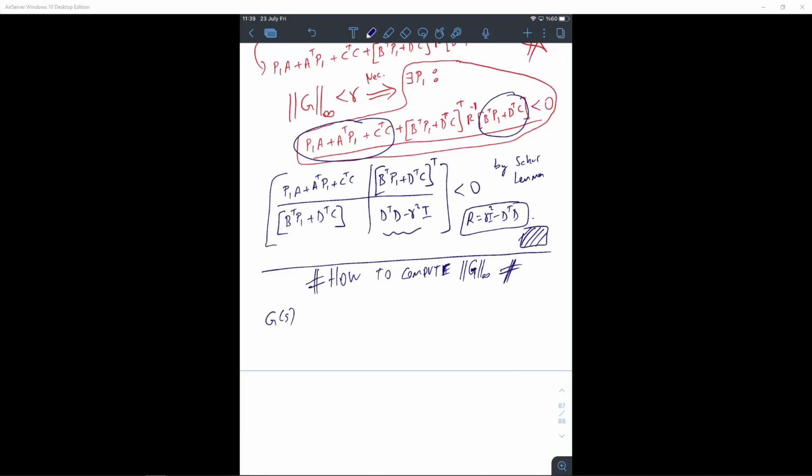And again, if the infinity norm of G of S is less than gamma, there exists P positive, such that